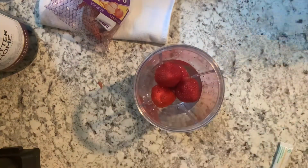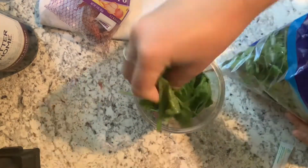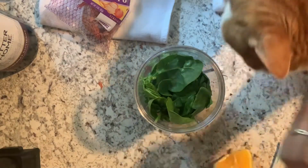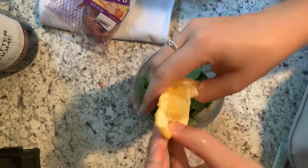And then after the strawberries, of course, I added some spinach to get some extra greens because they are so healthy, and I love that you can't even taste it in the smoothie. And of course, Trail Cat wanted a taste too. Next, I added some